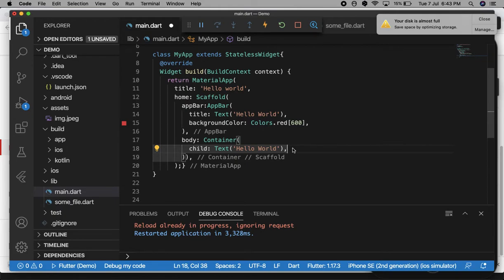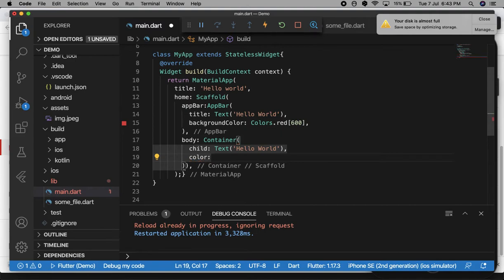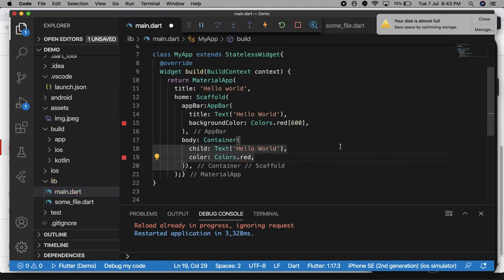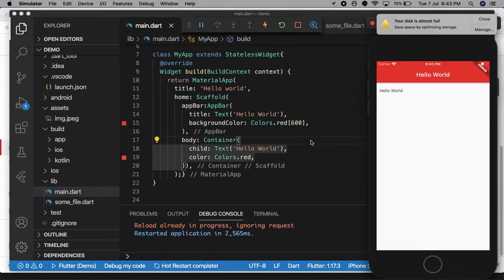You can put a color also for this container, so the visibility will be good and you can see the difference. Color is Colors.red. Then I'm going to run this application. So this is the container.